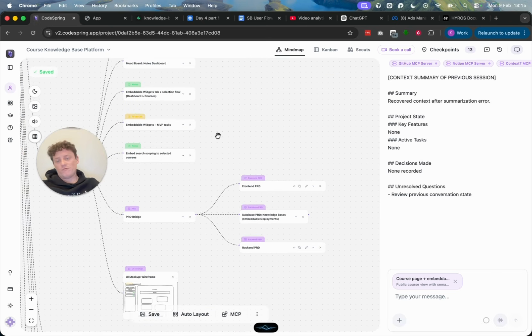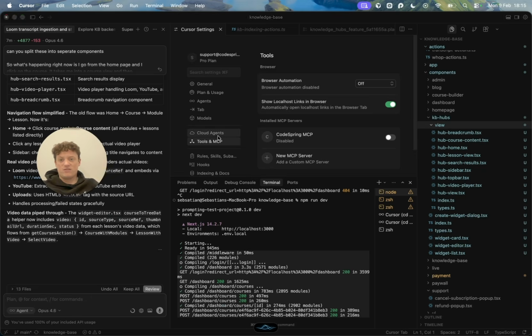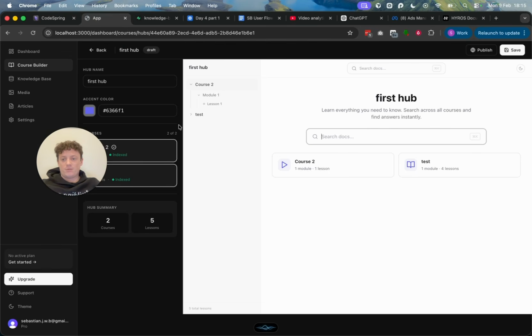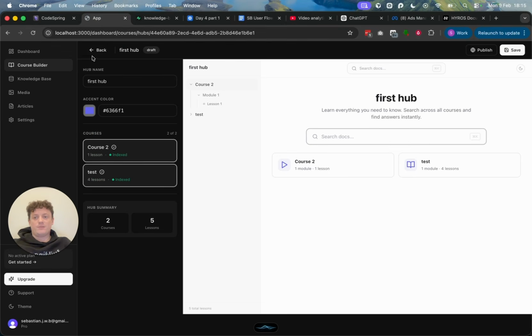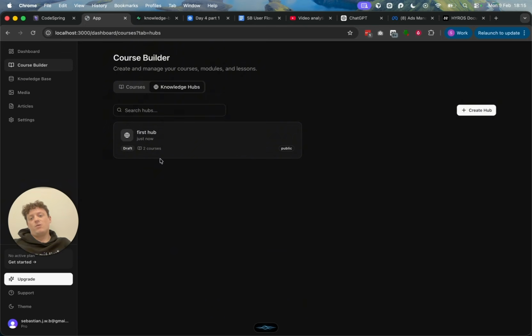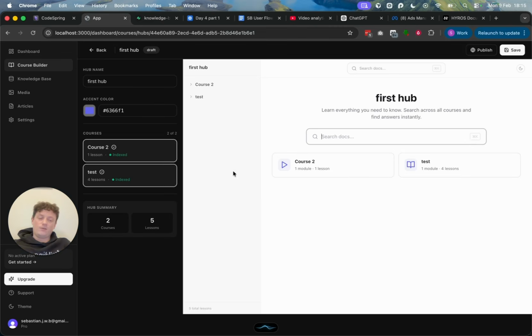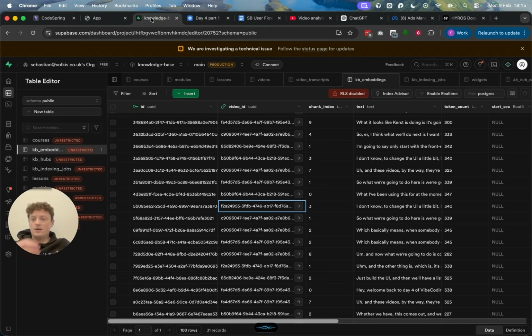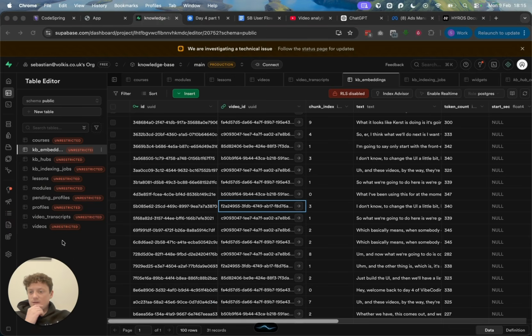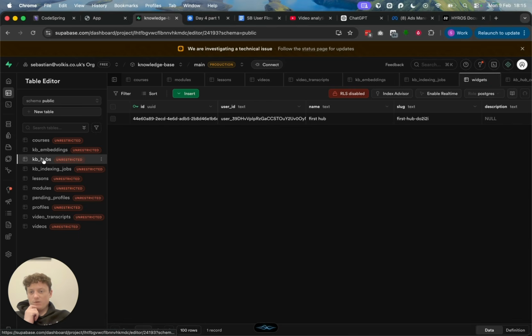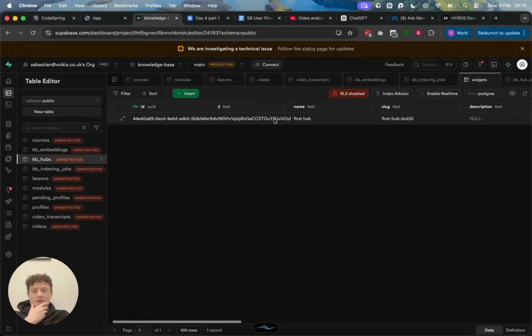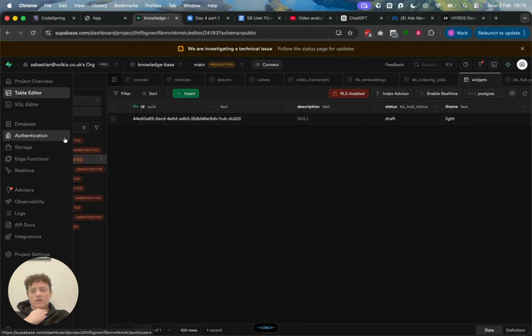I want you to write a note in there on some of the changes that we've done, and update the requirement docs to explain some of the database changes, how the actions work in terms of pulling data, how the knowledge base hub works, and how those tables work in the database for the knowledge base hubs, and how the courses are linked to